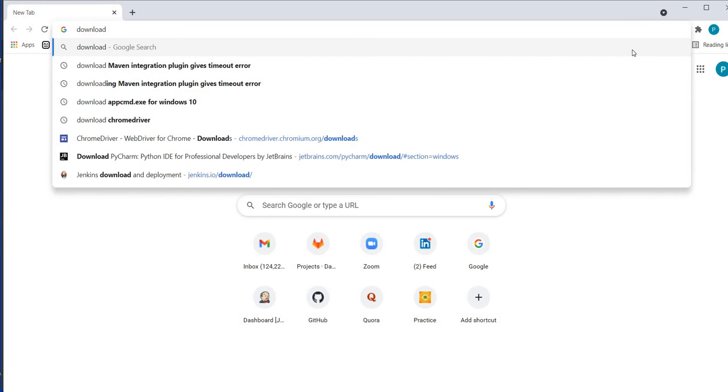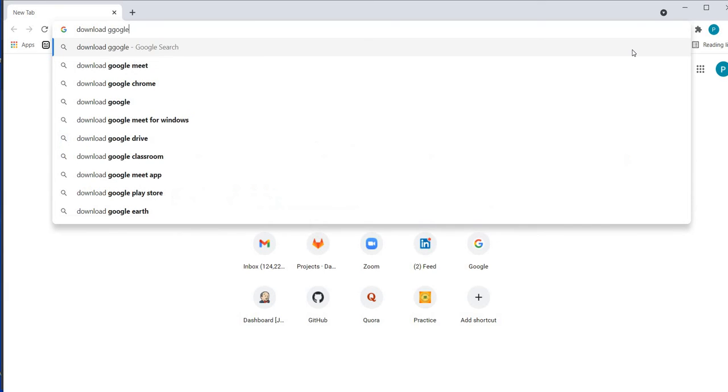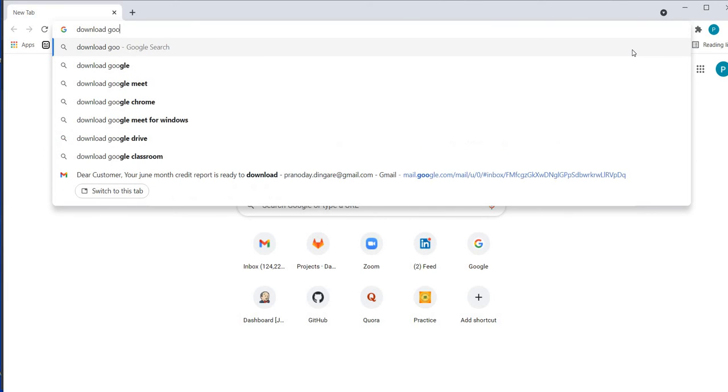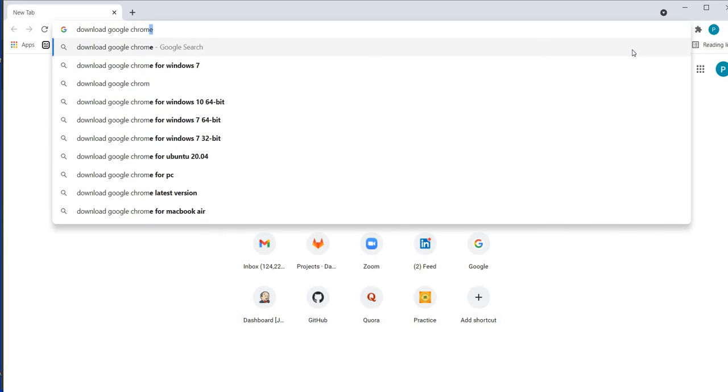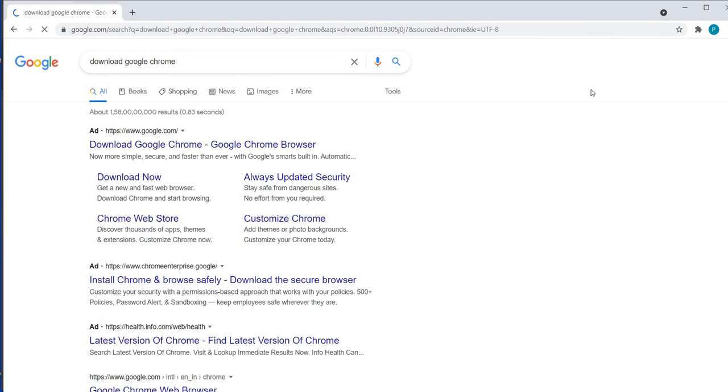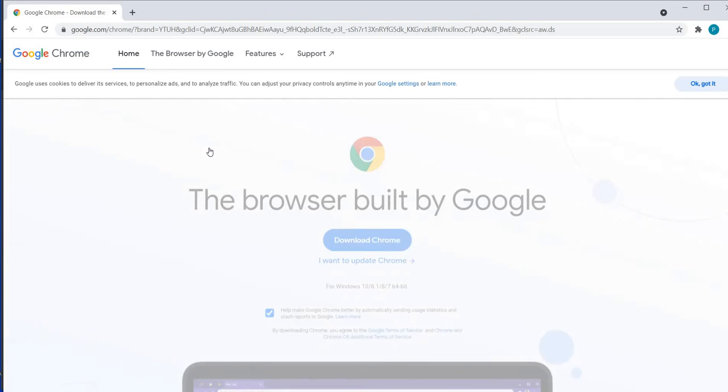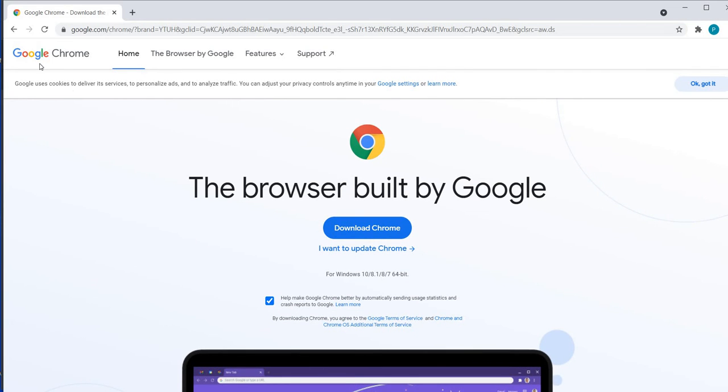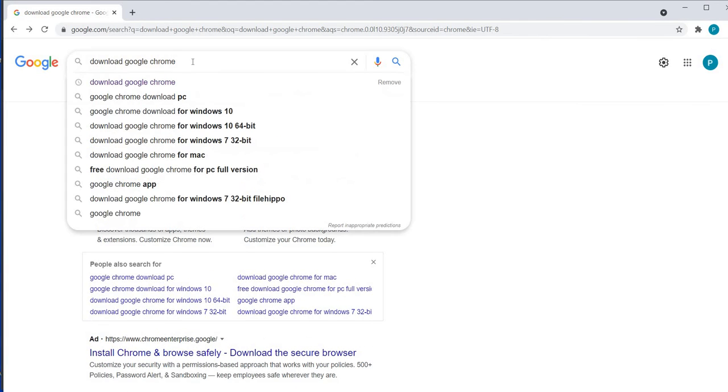Okay, so let's download Google Chrome, and let's take a driver of, oh sorry, I should say Google Chrome driver.